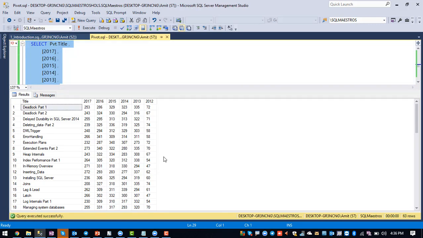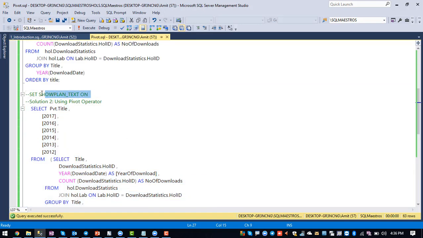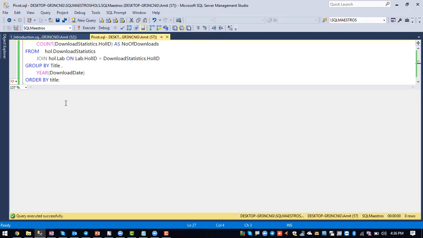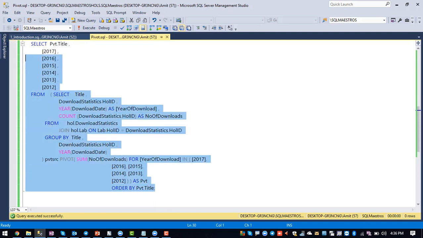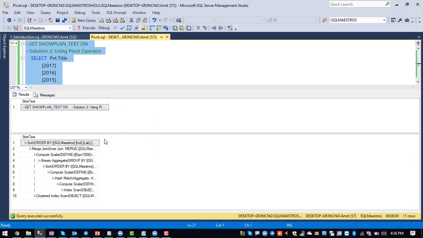Fine. So before the pivot operator was introduced, as I told you, we needed to accomplish the same thing using a case statement, right? Once pivot is implemented, what it's actually doing behind the scenes is again using the switch case statement. Let me show you that. Let me turn on show plan text and then execute the same query again, which will show us how SQL Server executed this query.